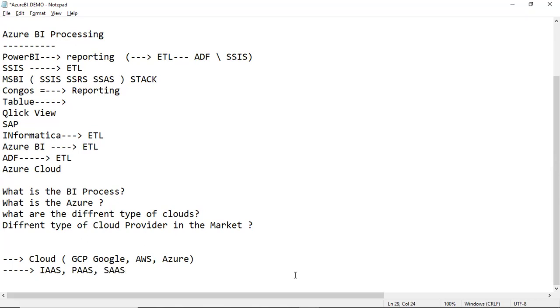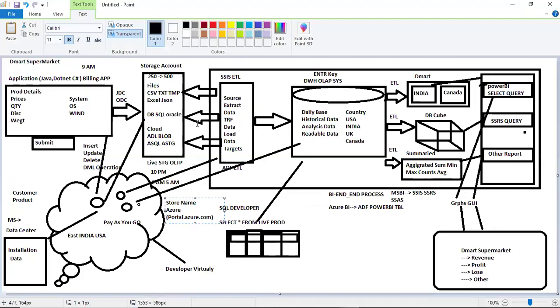From the name alone you can understand infrastructure. Infrastructure means where it is physically involved, occupying some space. That comes under infrastructure as a service.